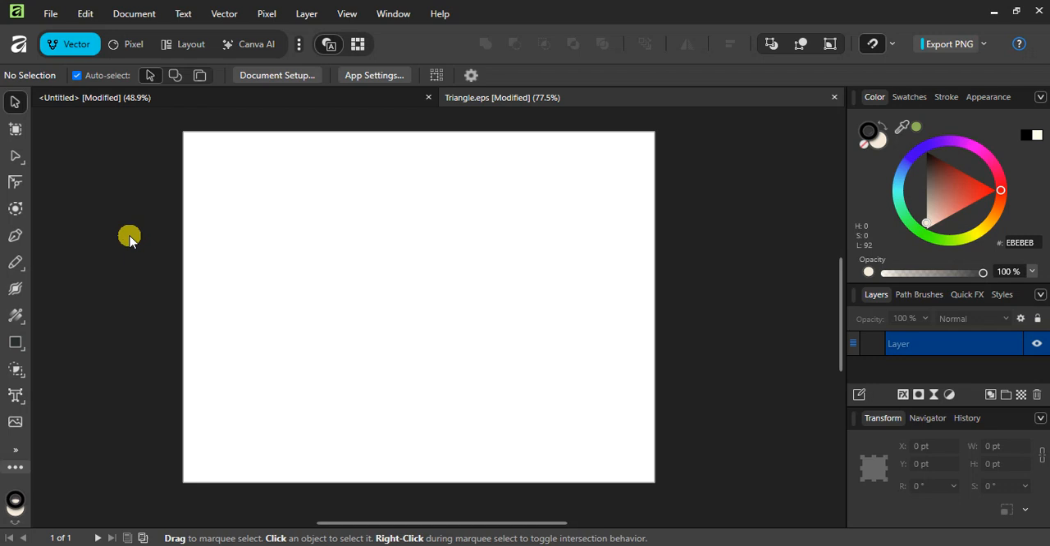To begin, open the Affinity Designer app on your computer. If you don't already have a document open, create a new one so you can actually see the grid appear on your canvas. Make sure you're in Affinity Designer, not Photo or Publisher, and that your workspace is visible. If your interface looks minimal, try exiting full screen or expanding the window so the top menu bar is easy